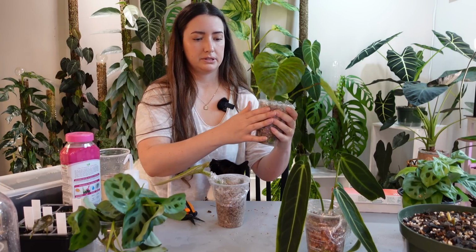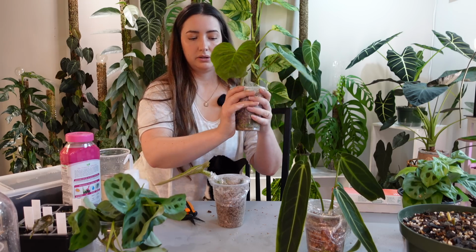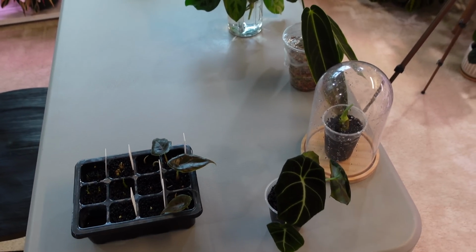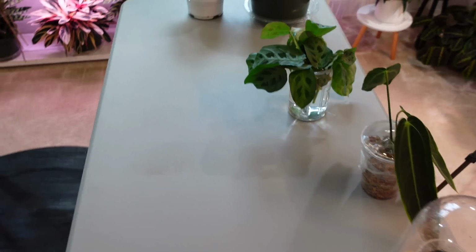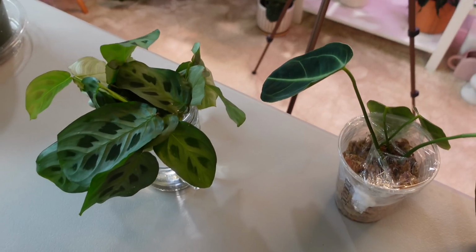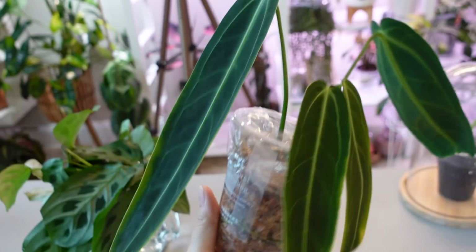See, I had taped this one, so I'll have to get some tape and better secure these. I'm going to show you the finished project on everyone. I'm going to hold off on doing the moss pole because I have another moss pole. Well, actually I have several that I want to redo and take off, so I'm going to save that one. So this was the queen Anthurium,